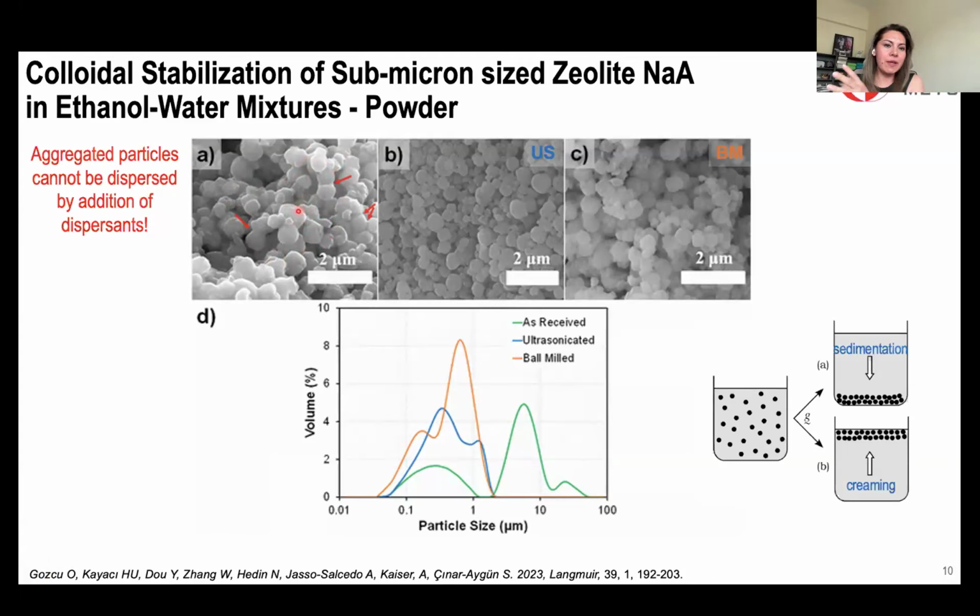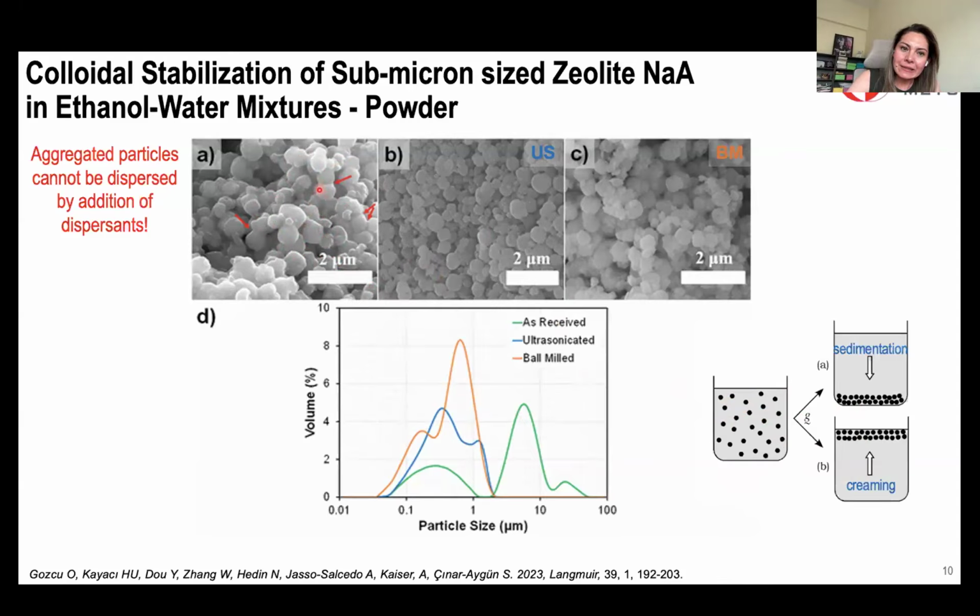However, if you are going to scale up that process, you need to give shape to those zeolites. For those shaping procedures, we commonly employ colloidal processing, so we need to make suspensions out of them. If you add those particles into suspension, they are not going to act as primary particles, but those aggregates will flow around. Depending on the density difference between the solvent and those aggregates, they're either going to cream or sediment, but it is difficult to homogeneously disperse them.